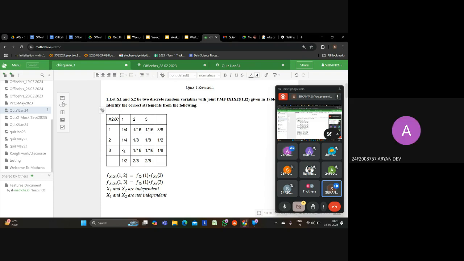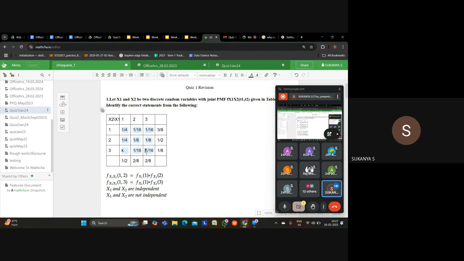What is the sum of all probabilities? Yeah, the sum of all the observations in the PMF table should be equal to 1, right? Every probability value should add up to 1. Why is that so? It is because every combination should result in the whole sample space, and the probability of a sample space is equal to 1. That is something that we have studied before, right? The probability of the sample space is 1. That is why we need the total sum to be equal to 1.